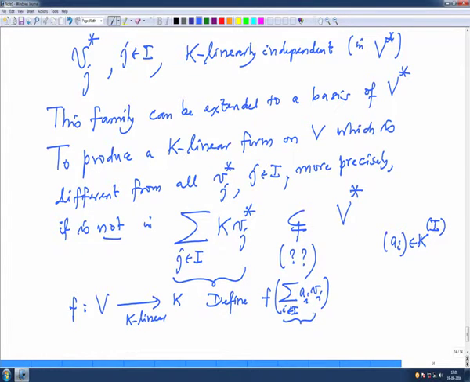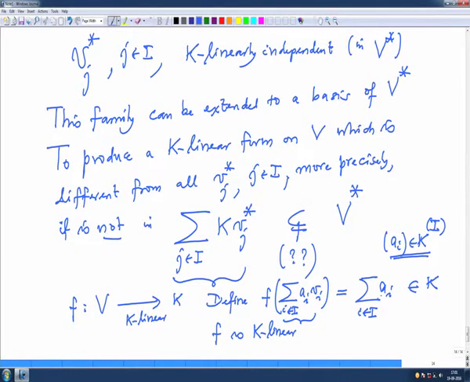And if I define it on an arbitrary element, what is this? I need a scalar. So what can it be? It is very simple, because this tuple is here. Let us look at the summation of a_i. This makes sense. This is again an element in K. So this defines a linear form. One has to check that F is K-linear, but that is more or less obvious.